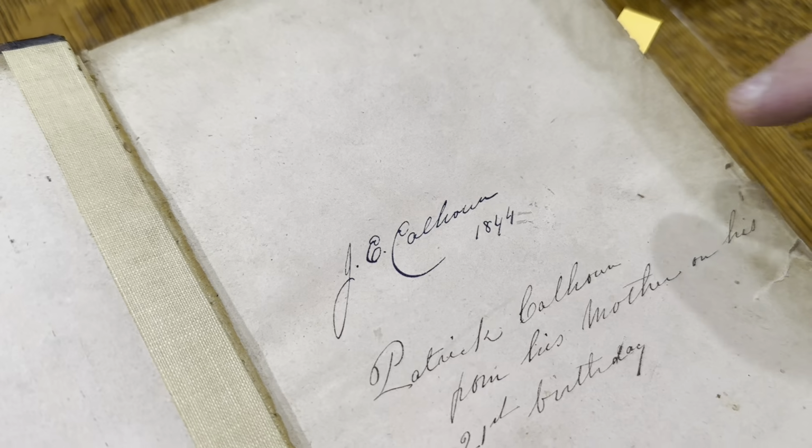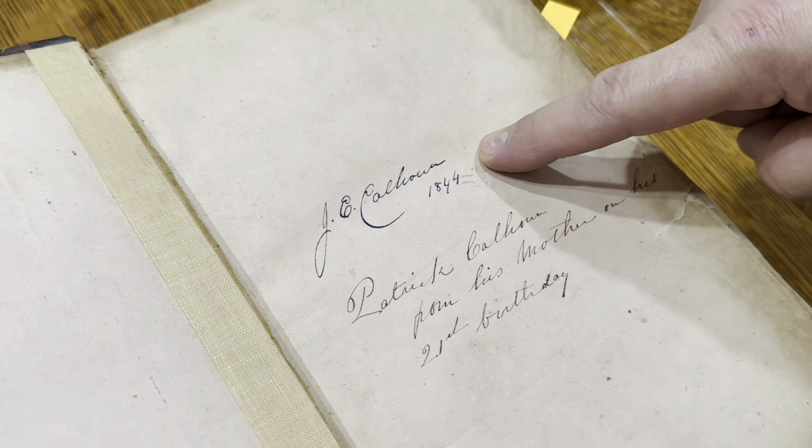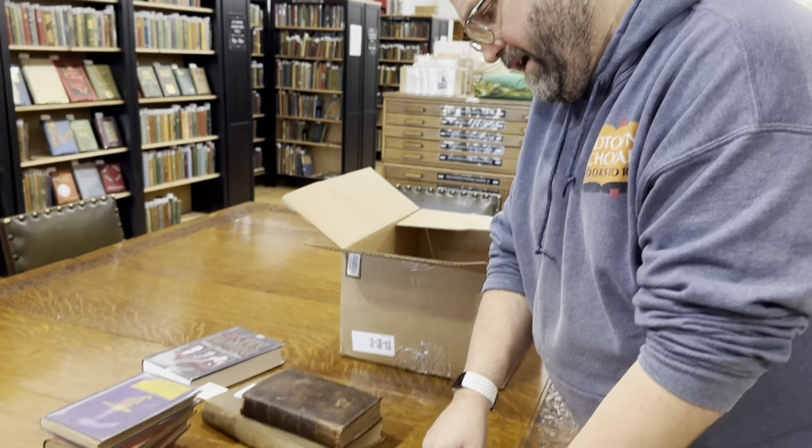Calhoun instead of John C. Calhoun. But that is actually a C, and it is by John C. Calhoun. And the reason we know it is the John C. Calhoun, and the 1844 date works for it, is because it's also countersigned here at the bottom as Patrick Calhoun